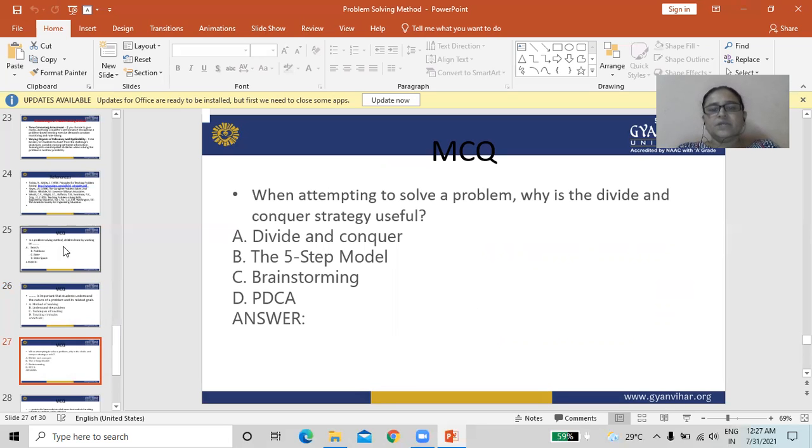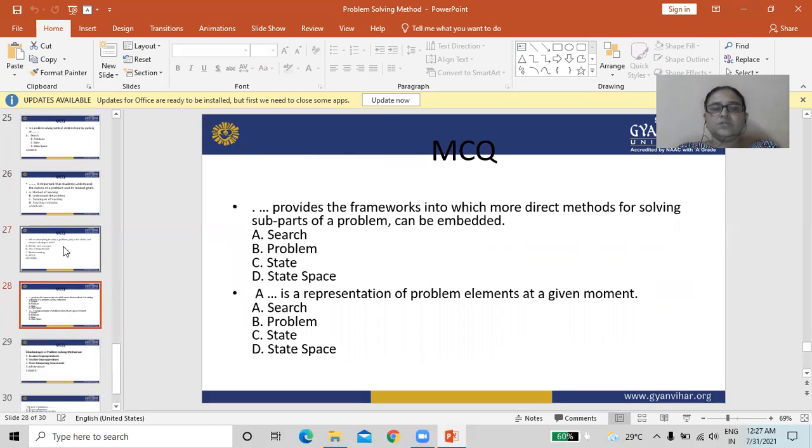Next MCQ. When attempting to solve a problem, why is the divide and conquer strategy useful? Option A divide and conquer, option B the 5 stage model, option C brainstorming, option D PDCA.